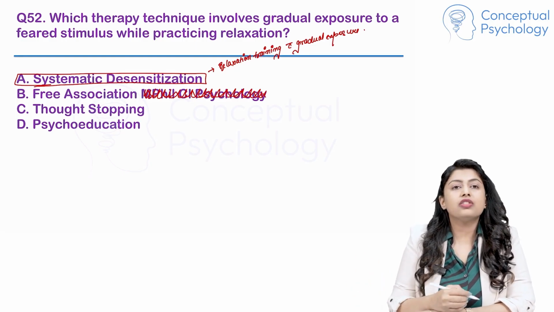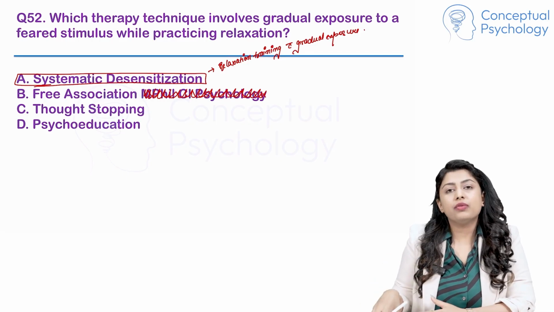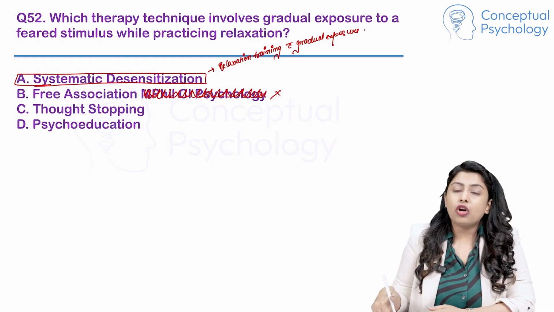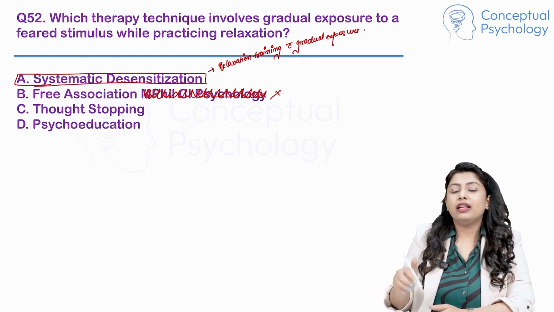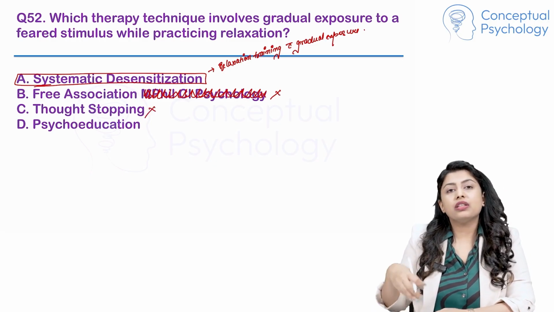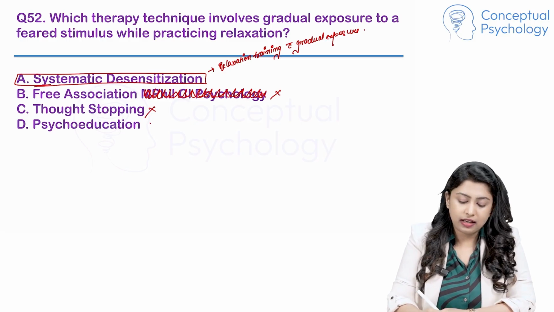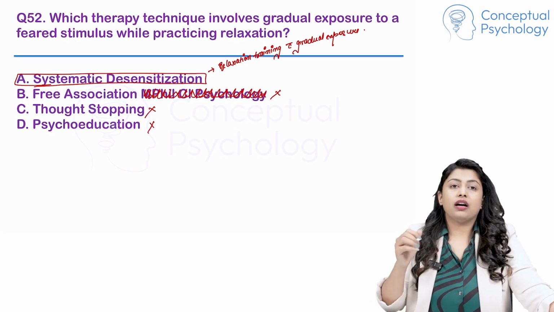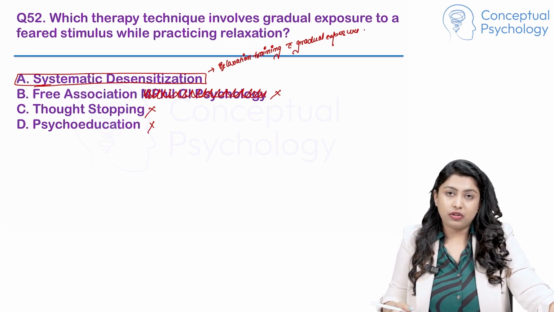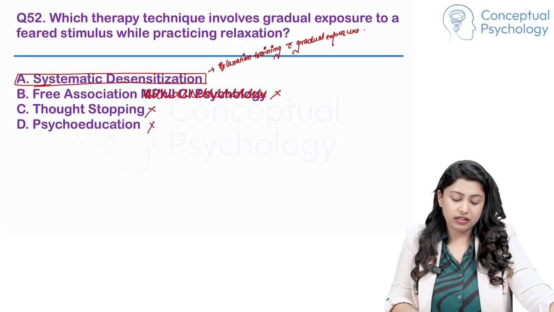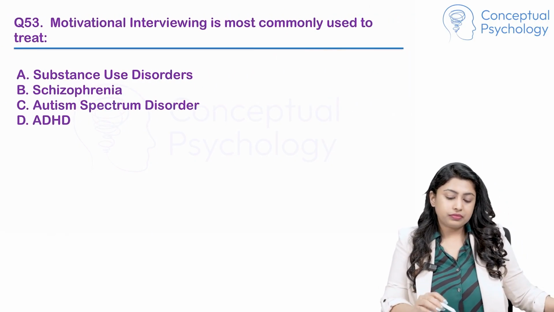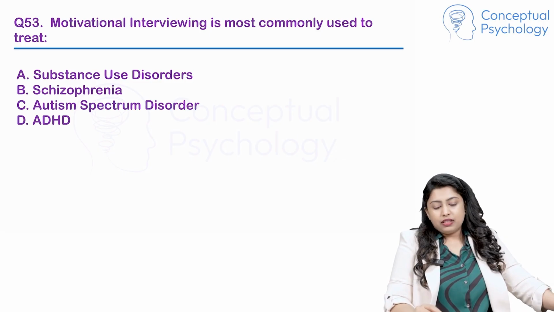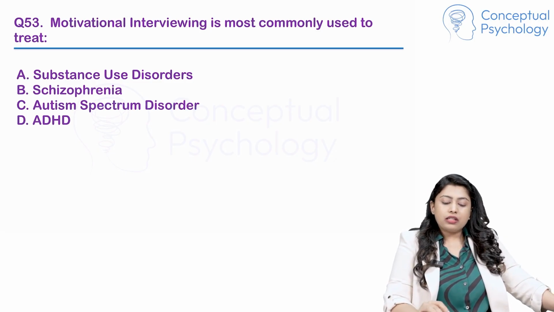Free association here is a psychoanalytic technique which involves spontaneous verbalization of thoughts, hence it's the wrong answer. Thought stopping is a cognitive technique for interrupting unwanted thoughts, and psychoeducation is when you provide information about a mental health condition. Hence A, systematic desensitization, uses counter-conditioning to replace anxiety responses with relaxation responses to the feared stimuli. Now, motivational interviewing is most commonly used to treat substance use disorders, schizophrenia, autism spectrum disorder,